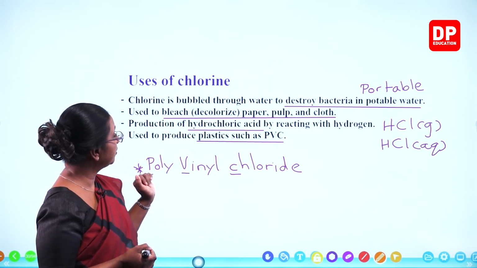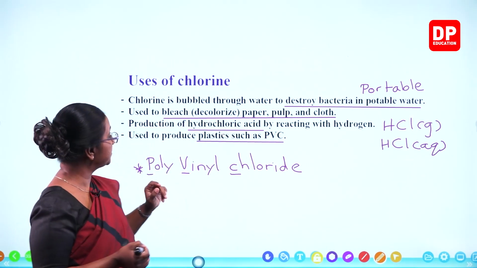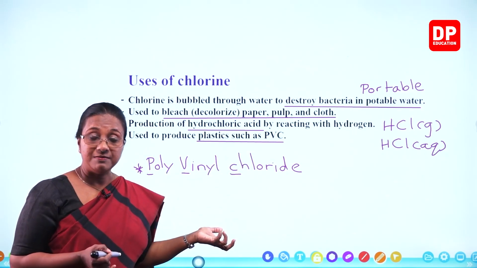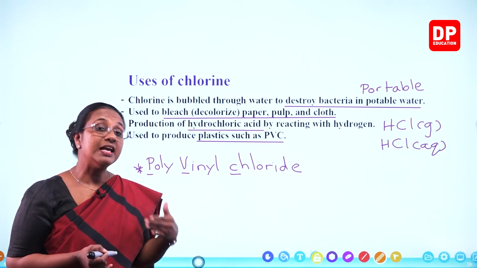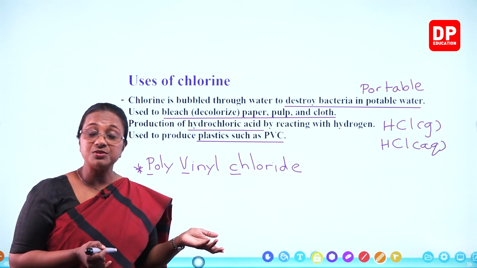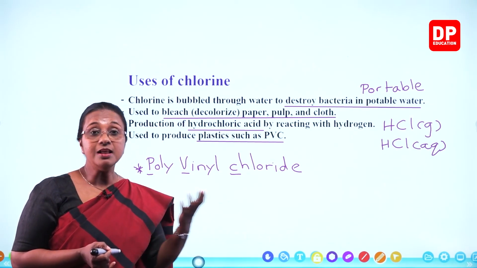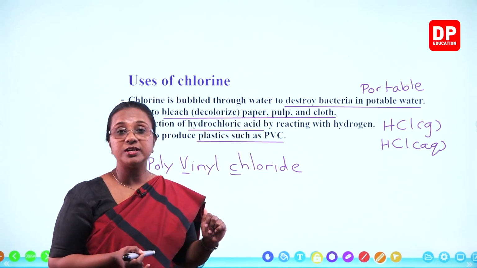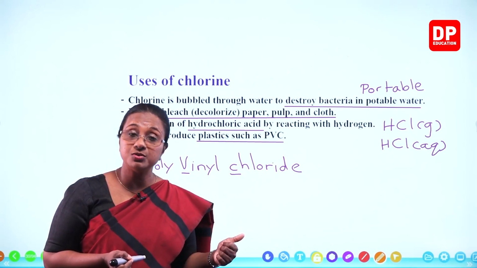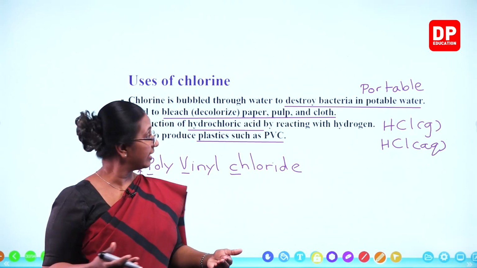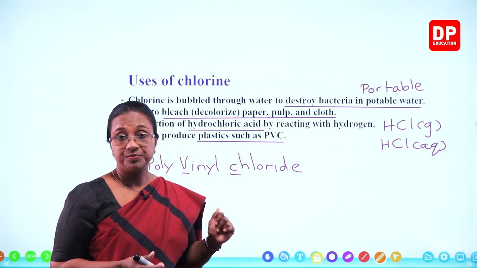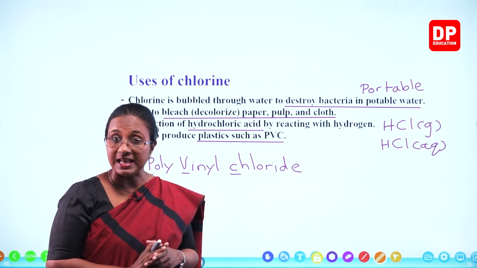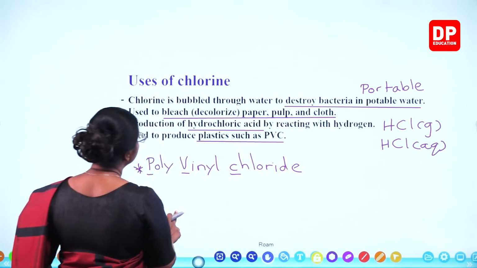Destroying bacteria in potable water, then decolorizing or bleaching substances, production of hydrochloric acid, and also production of plastic like PVC. In addition to that, you can also remember, students, chlorine is used to clean pools and also to purify water. Not only potable water, even the water that is supplied to the household. To purify that, disinfect that, they use chlorine. And to clean the pools, swimming pools, they use chlorine. So you can remember that as well. So if we include those uses as well,